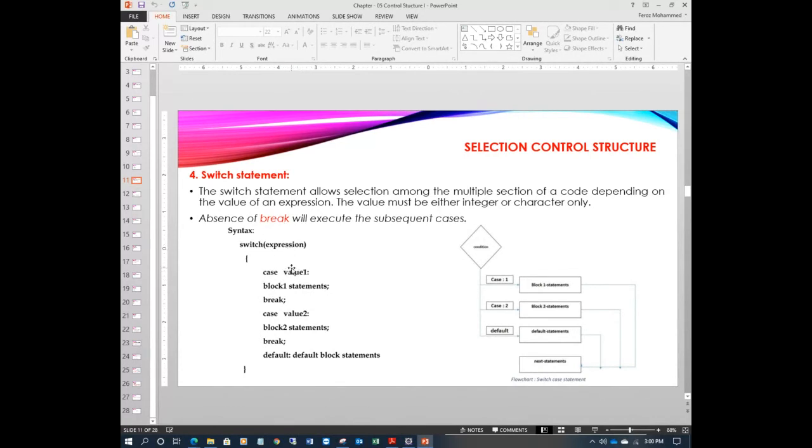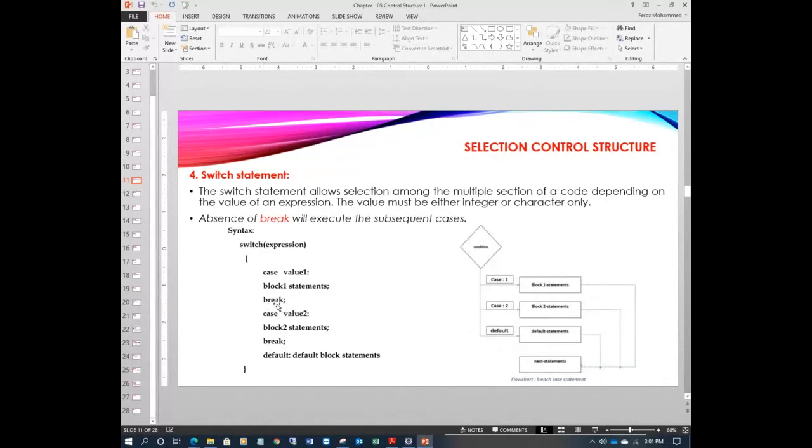If it is an integer, case 1, case 2, case 3, whatever the number. This is one block of statements, statement 1, 2, 3. Each case ends with break.